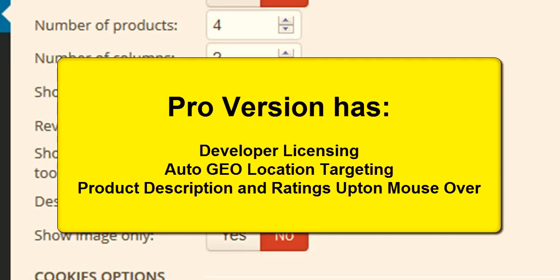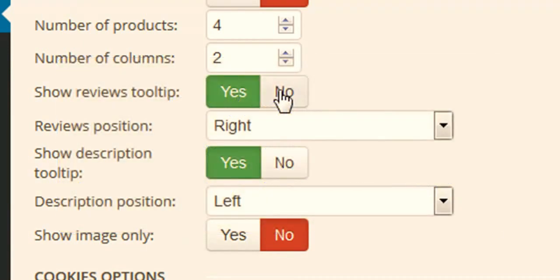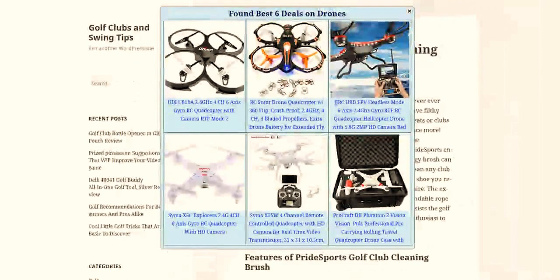Now the main feature of the Pro version is that you can also add pop-up reviews when you hover over the products, and also descriptions as well. So this is this option in here that I've enabled. So what I'm going to do now is pause the video and apply it to one of the posts again, and I'm going to show you what that looks like. Okay, so what I've done is I've basically reset up the pop-up